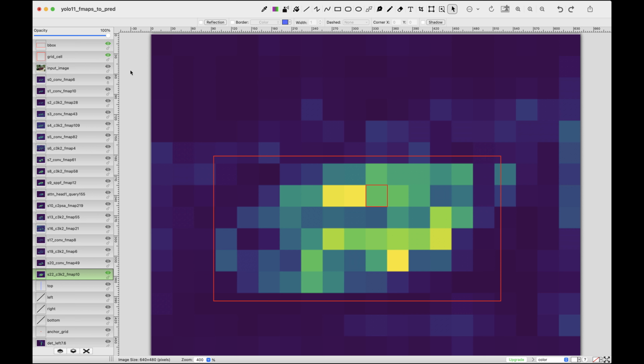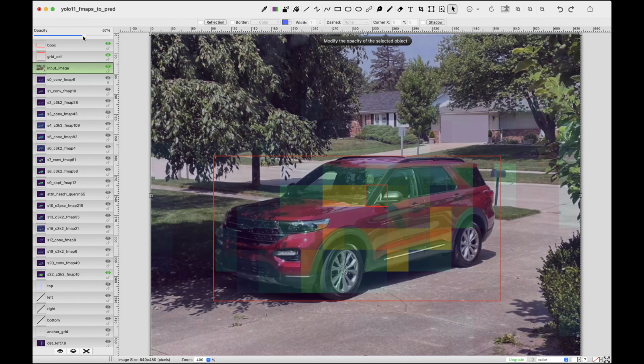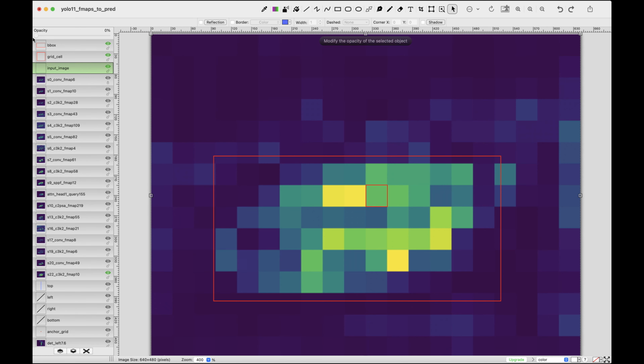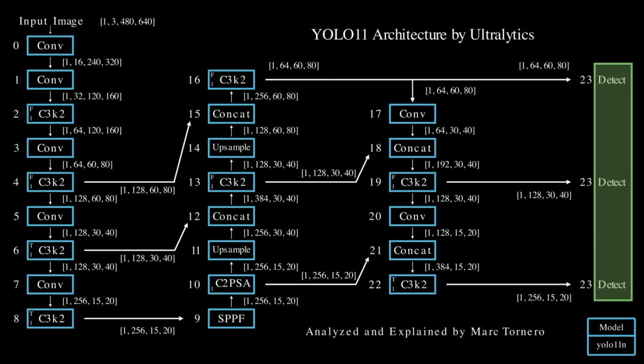This journey through the feature maps showcases how YOLO11 gradually refines and distills spatial information while preserving the essential details needed for detection. Now that the backbone has extracted rich feature maps and the neck has refined them, we're ready for the final stage,